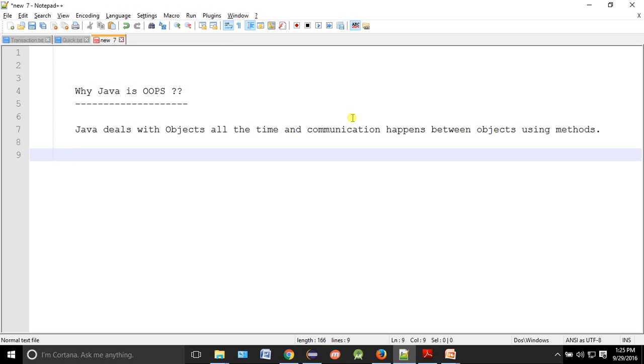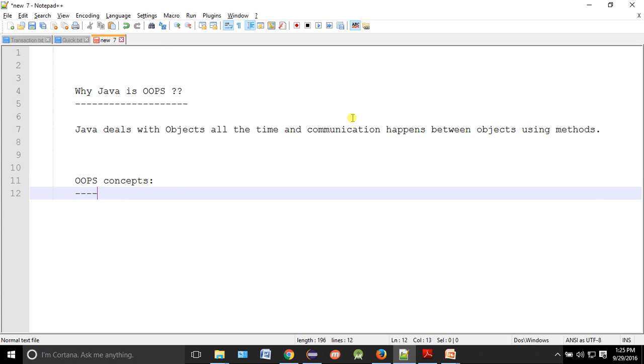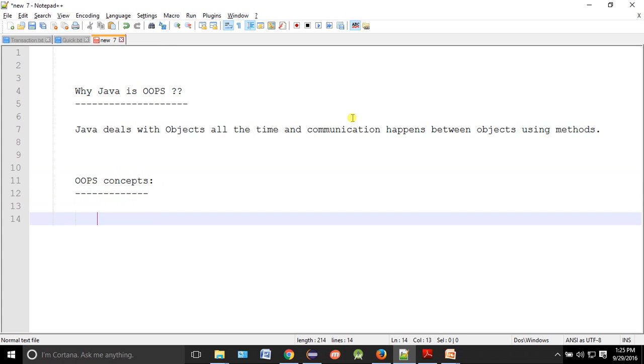Plus, there are some rules which all object-oriented programming languages follow. It is not only about Java; other languages like Smalltalk also. Whatever language we have, all follow some rules. So what are those rules? Those rules are nothing but what we call OOPS concepts. Whichever language follows these concepts, no matter the scenario, those are called OOPS languages or object-oriented programming languages.